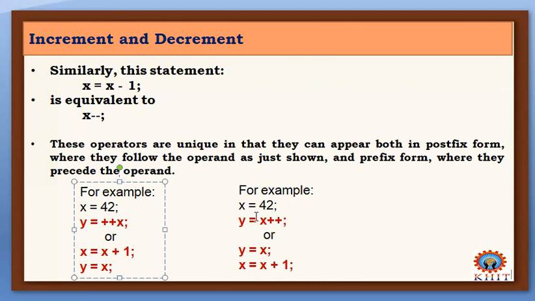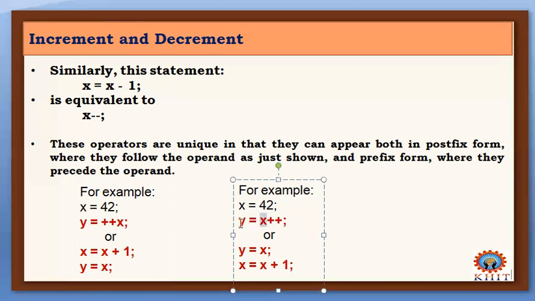Okay, the same thing, but here is something different. x is equal to 42. You are writing y is equal to x plus plus. So this is called pre-increment, and this is called post-increment. Post-increment means first of all, the x value will be assigned to y, and after that it is increased by one. So what is the value of y? It is only 42. x is incremented by 1, so x becomes 43. When you print the same thing, you will get the same result.